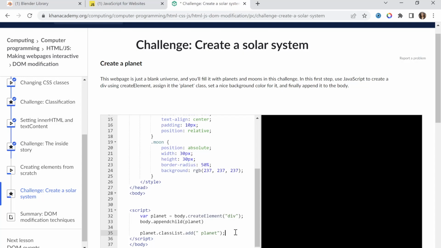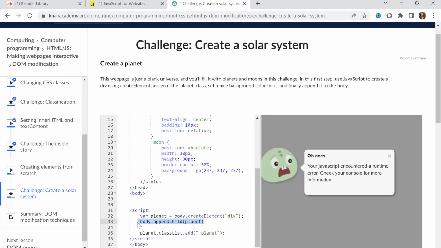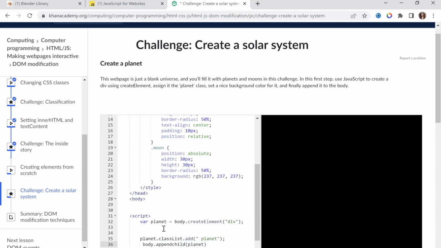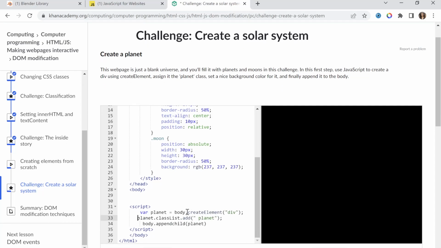Or would I have to do, whoops. Let's see, create element, body.createElement, variable planet, planet.class, planet, or maybe I should do,